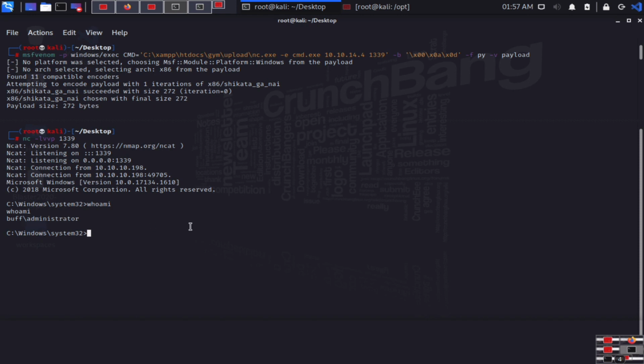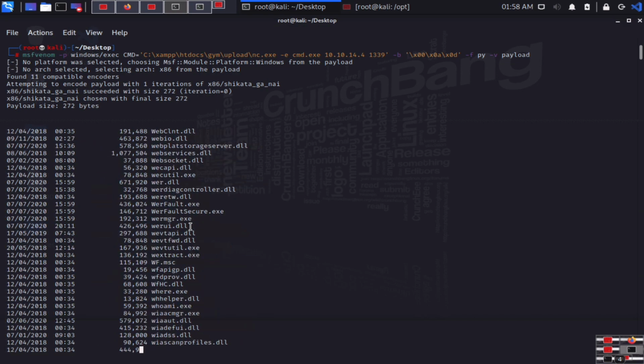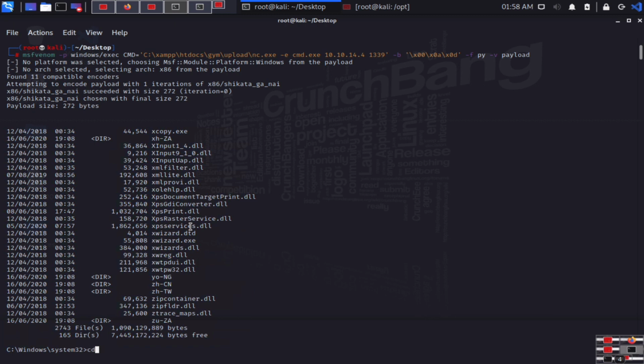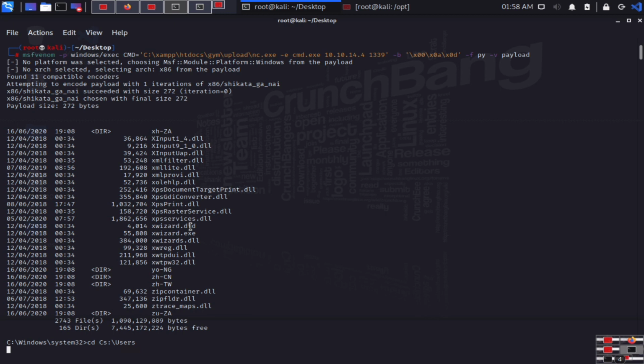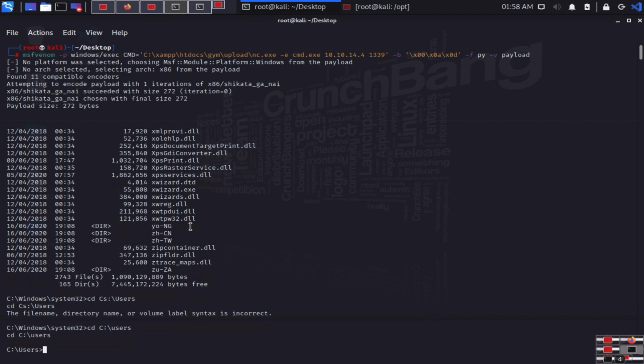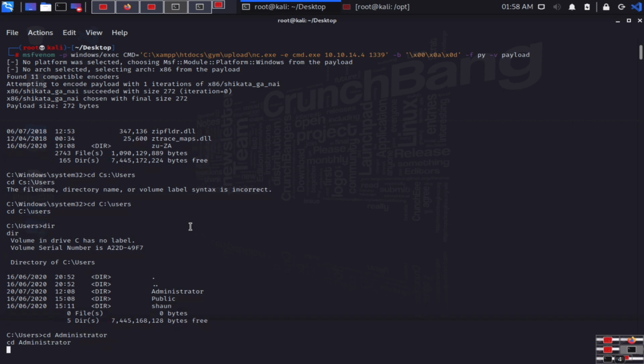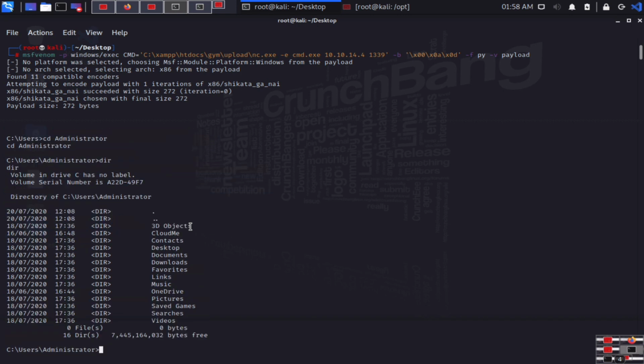Now you can simply go dir. Navigate to the C directory and then try to fetch the root flag. cd C, and then we can go immediately to users, sorry, typo error. cd users, we have a dir, then cd Administrator, dir, then we simply type cd, we have a Desktop.